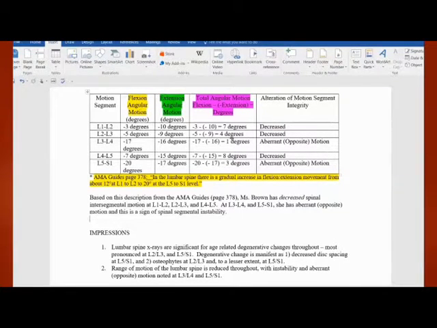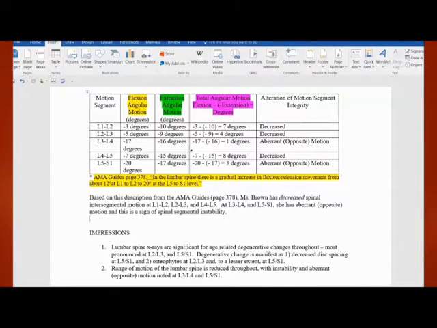So 4 degrees represents not a complete loss, but it certainly is a near complete loss, almost showing very little motion throughout the extreme of flexion all the way through to the extreme of extension. That represents very little motion. Now, interestingly, at the next segment, L3,